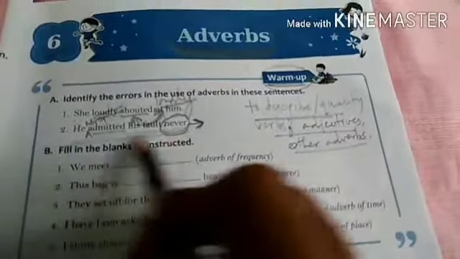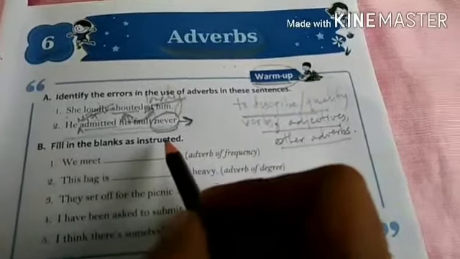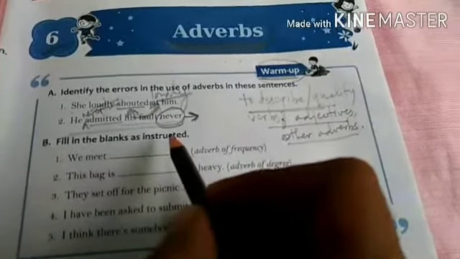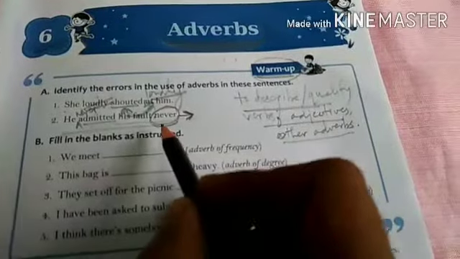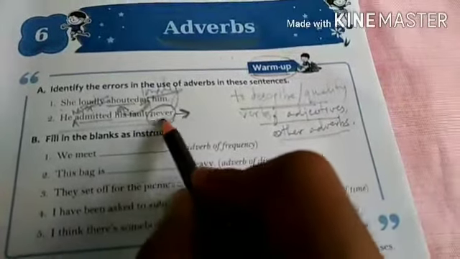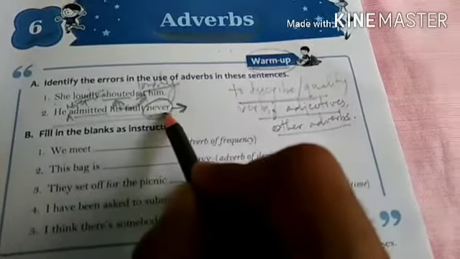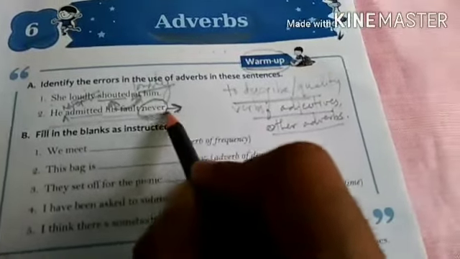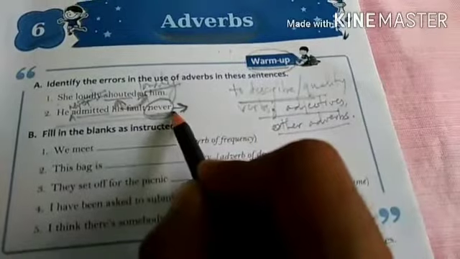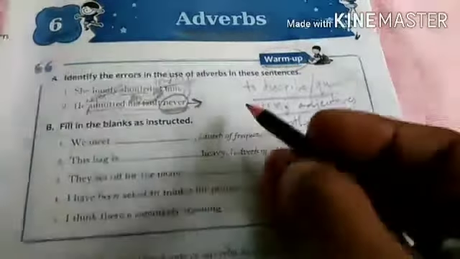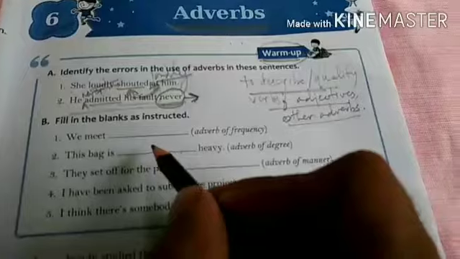Okay, most of the adverbs are just placed after the verb they describe or after the object. If the verb carries an object in the sentence, then after the object also we can place adverbs, either after verbs or after objects in sentences. Okay, we will understand it in the later part of this video.